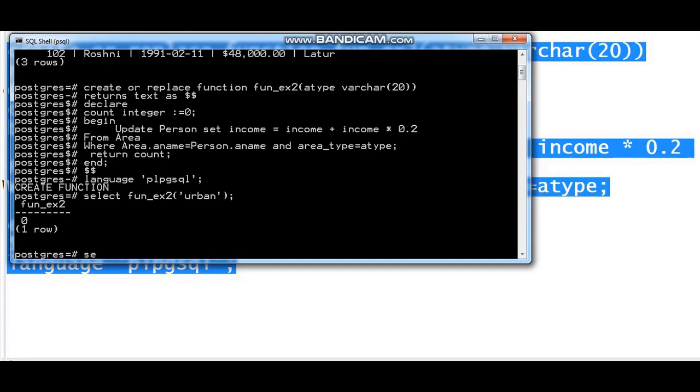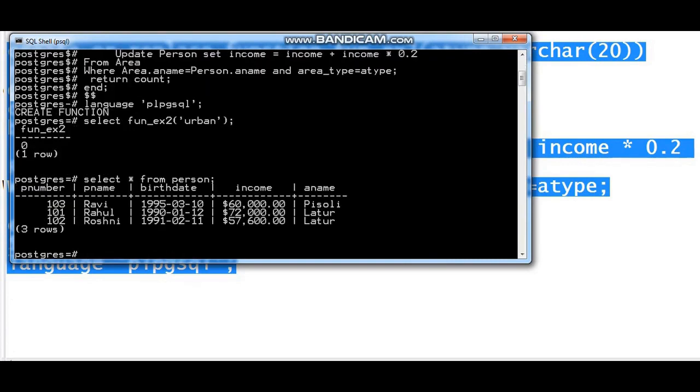Now let's see, select star from person. ठीक है, लातूर का जो 60 था, देखते हैं हम लोग अपडेट हुआ या नहीं हुआ. तो ऑब्वियसली वो अपडेट हुआ. You can see Latur is updated to 72,000 और नीचे का लातूर is updated to 57,600. So this is how the update query is going to work.